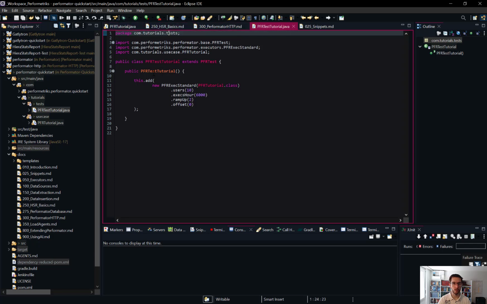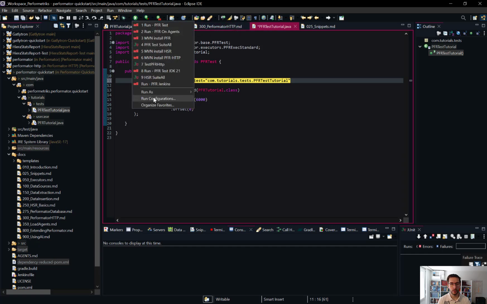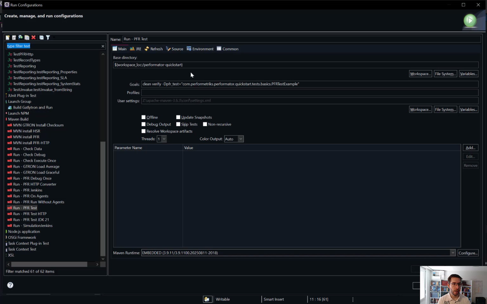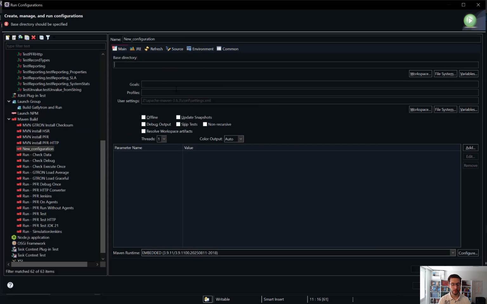I'll just take this over to here so that I can do a little bit of copy pasting. So we have our Maven command, and we can execute this from a terminal. What I normally do is I'm going to the run configurations, and I create the run configuration for this. In this case, Maven configuration, PFR tutorial,